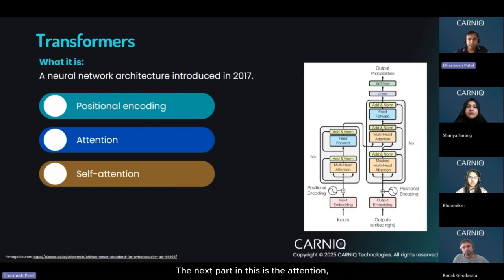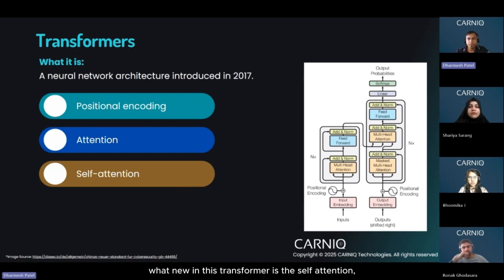The next part is attention. The attention mechanism is a neural network structure that allows the text model to look at every single word in the sentence when deciding how it needs to be translated. So while giving attention to one particular word, it will also take the whole sentence and try to see how it needs to be translated. But this is a very old technique.